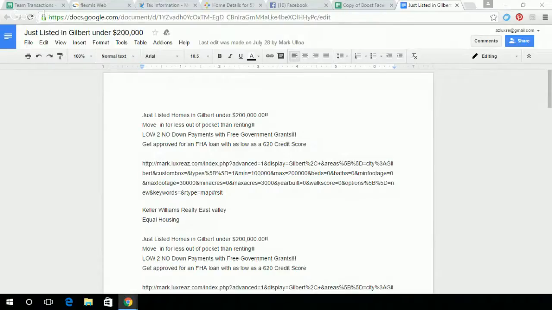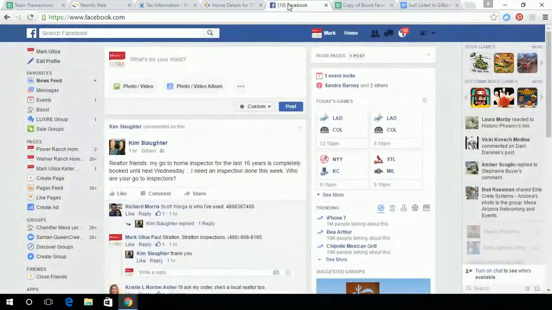here we go. All right, so Facebook. Facebook is a really great lead generator. First of all, what you're going to want to do is join groups, and we caution you to join only about 10 groups a day. That way you don't get booted for joining too many groups. Not booted, but just put on timeout, I guess you could say. Your first timeout is, I think, 2 days. Then after that,